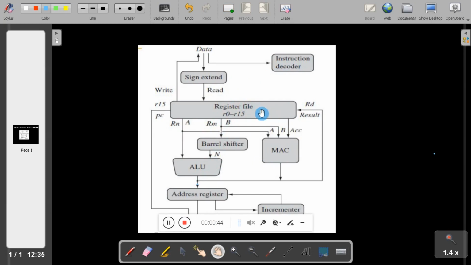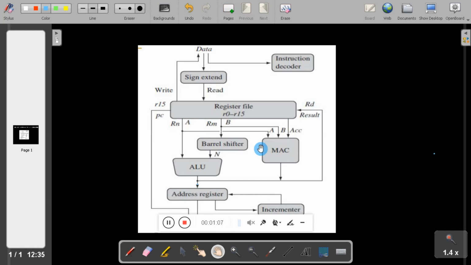Now, this is the architecture of ARM7. In my previous video, I told you ARM is based on registers. ARM makes use of many registers, around 37 registers are used by ARM7. Out of that, at any time, 16 registers are visible, that is R0 to R15.